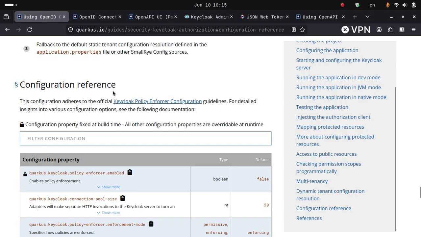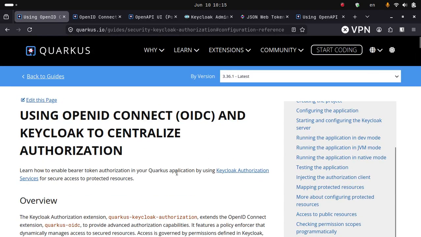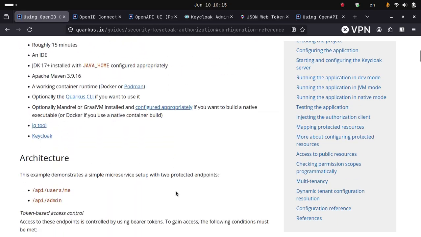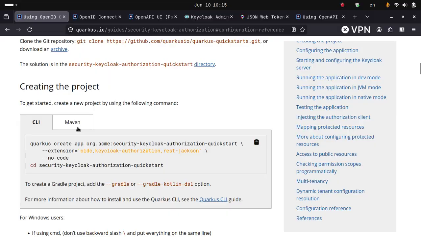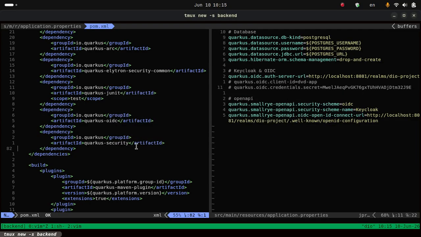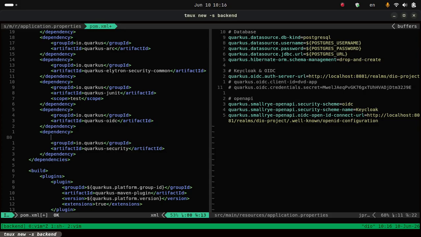I guess it's on here. You can see here: using OpenID Connect and Keycloak to centralize authorization. I've used Maven, so we need this one, Keycloak authorization. REST Jackson and the OIDC we added already here, so we just have to add this other one. We just go for dependency,